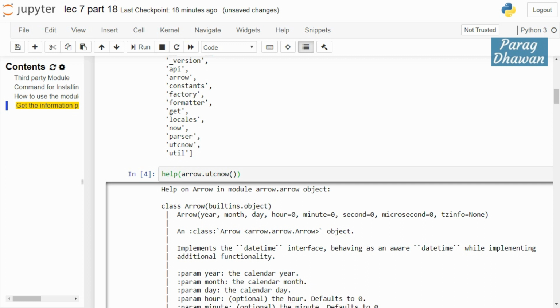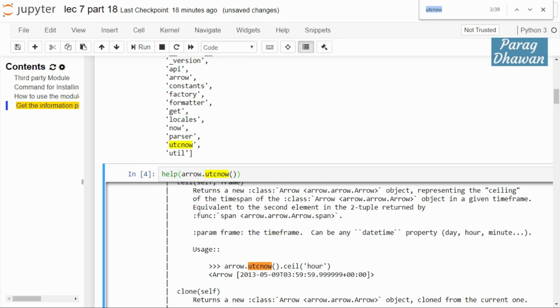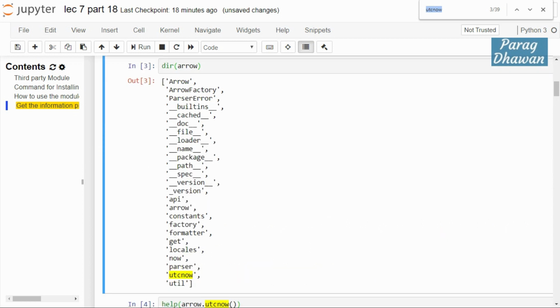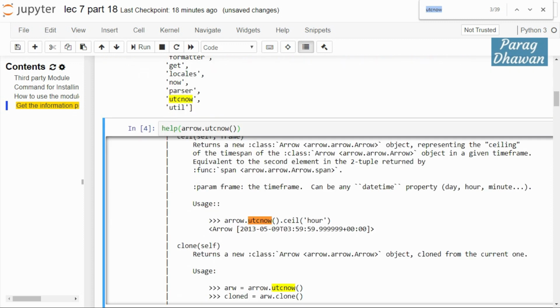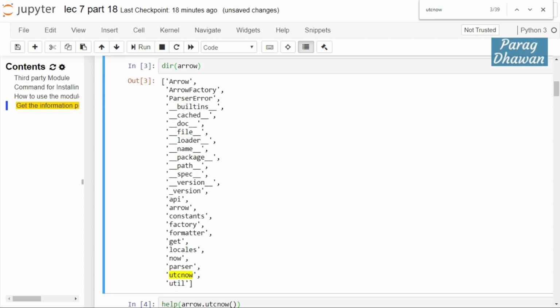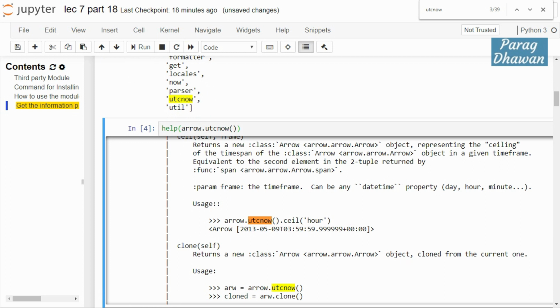For example, in this case, you are using utcnow. Click on this cell, press Ctrl F and find utcnow. It will show the snippet code for how to use the utcnow function. You can find all utcnow occurrences which are available. You can read the description regarding the function inside the same cell. Go upwards inside the cell or downwards inside the cell, you will find the complete information regarding it.